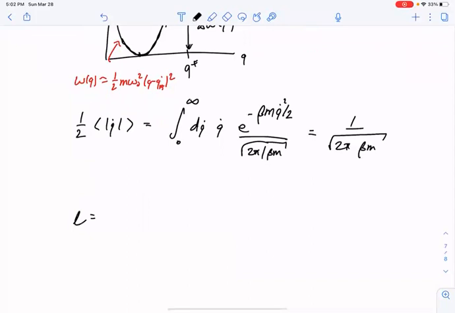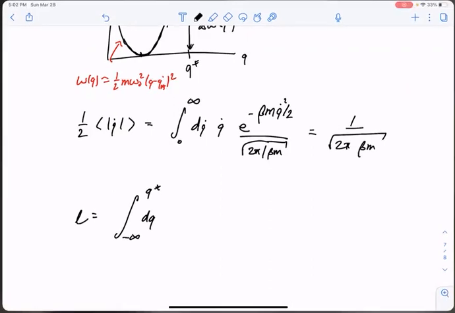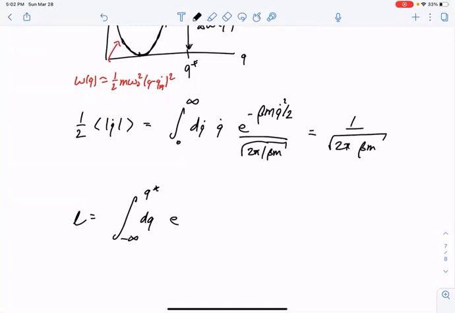Similarly, L can be evaluated as an integral from minus infinity to Q star over the configuration Q and its Boltzmann weight, e to the minus beta m omega naught squared Q squared, having shifted it away from QA,